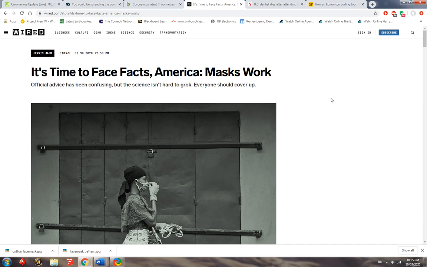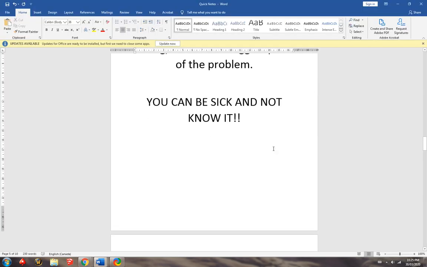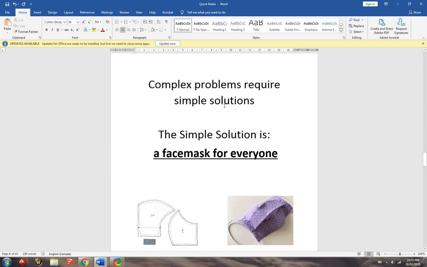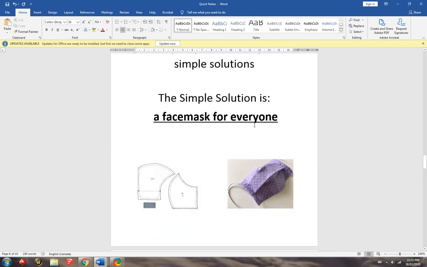And there are ways. So this is what we're going to do. We're going to take a complex problem, and we're going to use a simple solution. Simple solution is a face mask. Now, like I said, we have a shortage of face masks, but those are professionally made N95 face masks. Those need to go to hospitals because hospitals are the ones that need them the most. Retirement homes need them the most. Confined places where we don't want outbreaks to spread because the entire population is vulnerable. They need it the most.